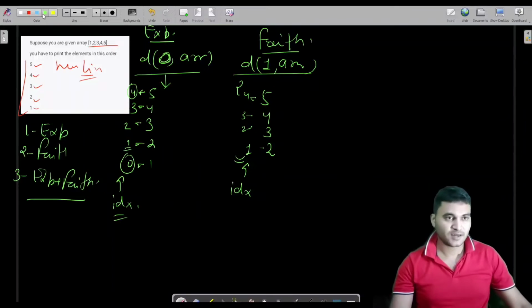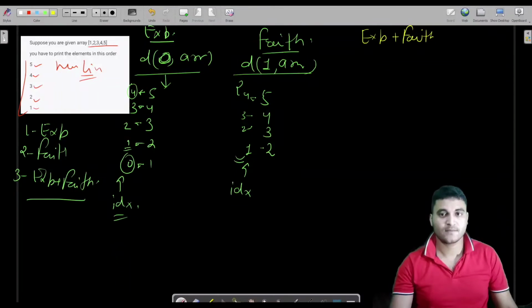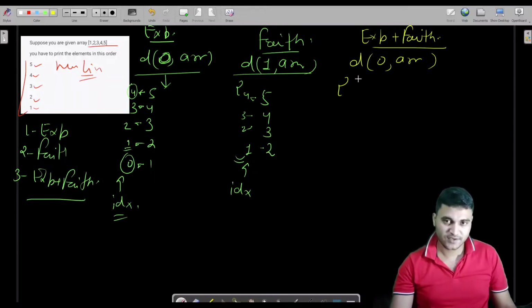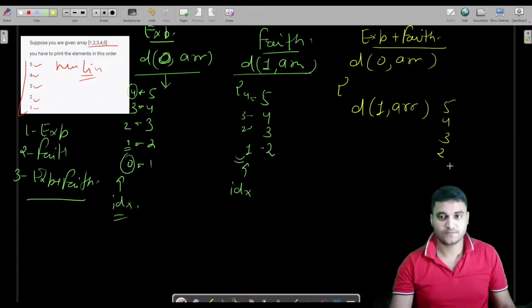Let us meet our expectation with faith. How will we meet? The expectation was the function with 0 and arr. My faith says that if I pass 0 plus 1 to this same function, then it will print 5 4 3 2.